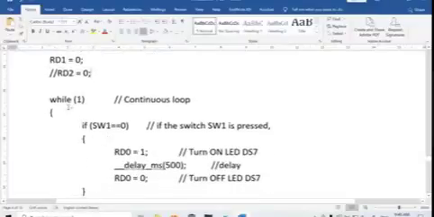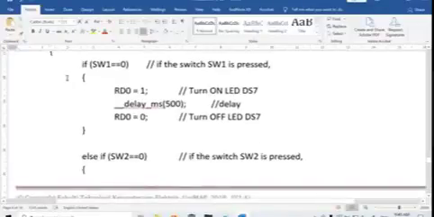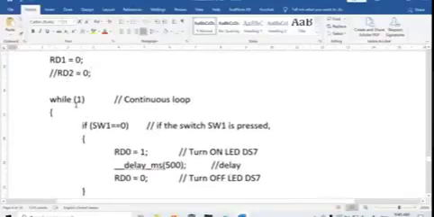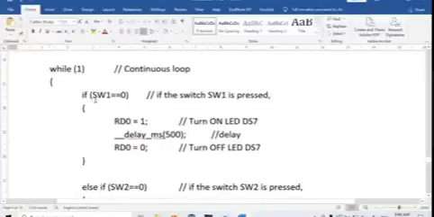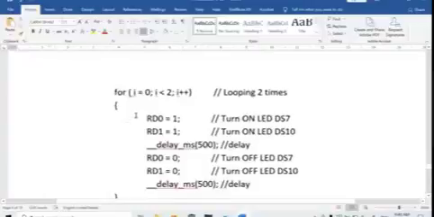And then after that, we proceed to continuous looping. So while true, the program will start by comparing switch 1 with 0. And if switch 1 is true, the condition here is true, then RD0 will be turned on for a delay of 500 milliseconds and then turned off again. And then the if condition for switch 2, SW2, is true, so we need to do